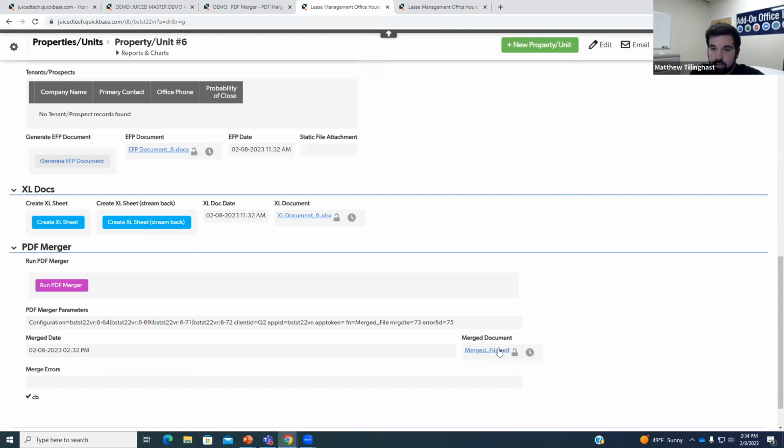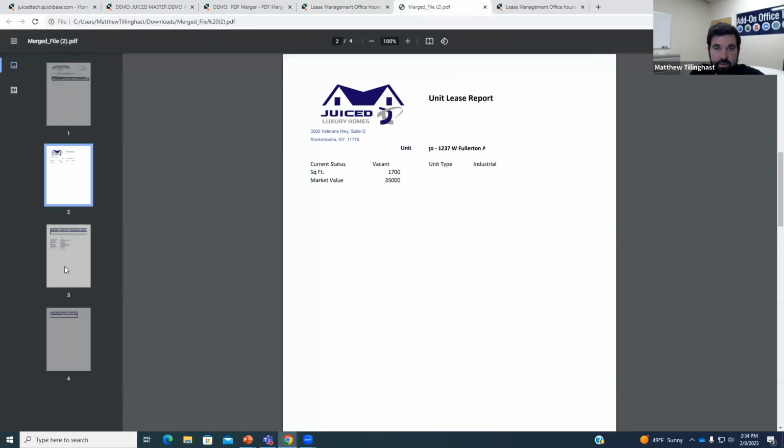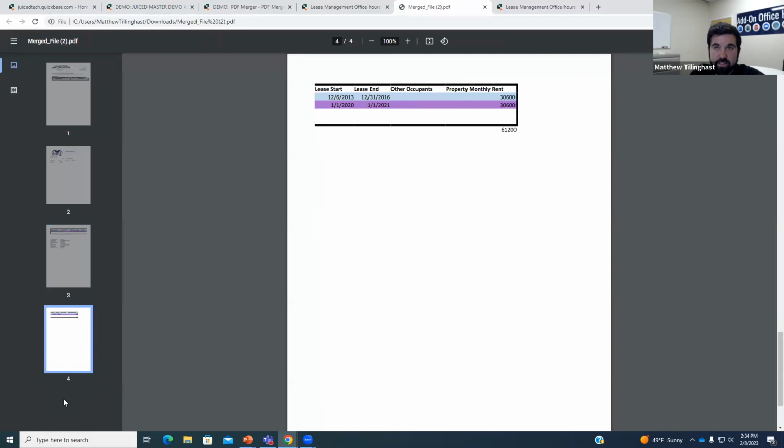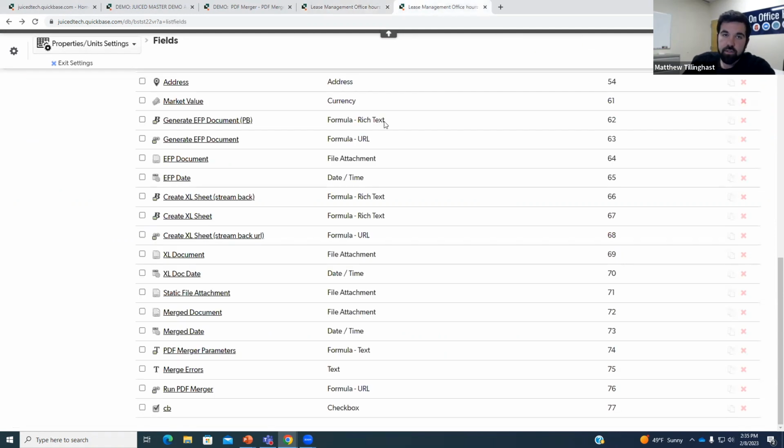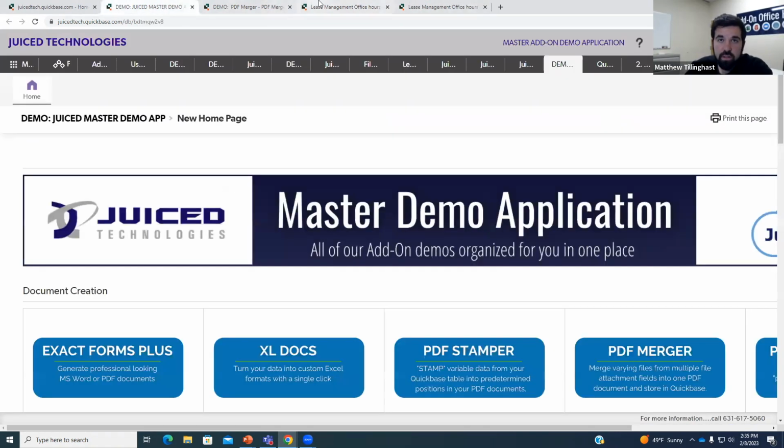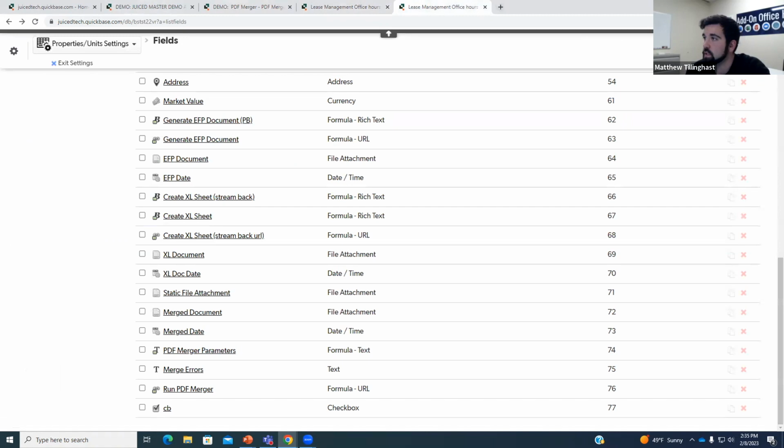As far as this record, though, you can see that this merge file was created, and this one's only going to have the 2 merge files. It doesn't have that additional static one. So that shows you don't have to have every file attachment field filled out that you want to have set up in the merger. So just to kind of hit it home,